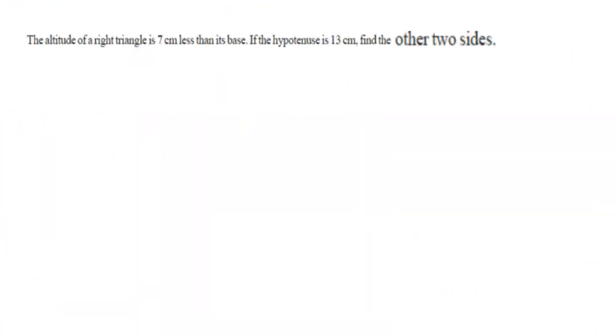So for this, first let us draw the rough diagram of a right angle triangle. So here I am taking a right angle triangle with A, B, C, and at vertex A, right angle is there. So now let us label this right angle triangle with the given information. So here what information we have? Here clearly the length of the hypotenuse is given, that is 13 cm.